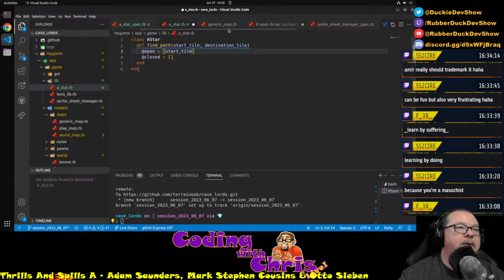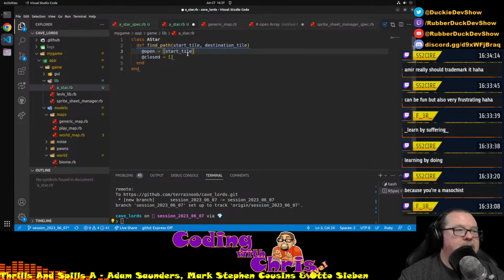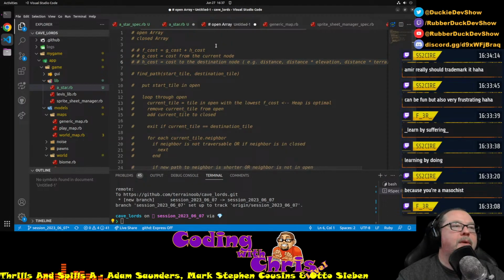Wait, start tile, open array or closed array? Yeah, we put start tile in the open. So I'll just define it like that. Right, so now I've got my two arrays. Good. These are for individual things, so